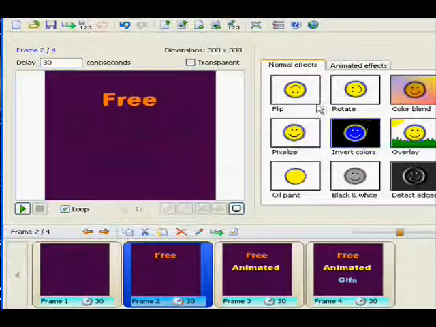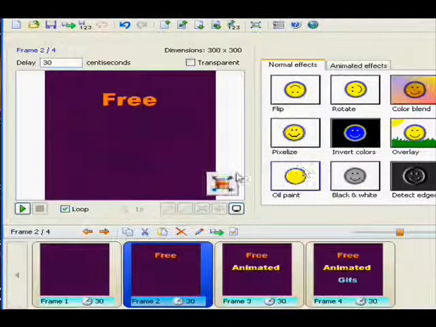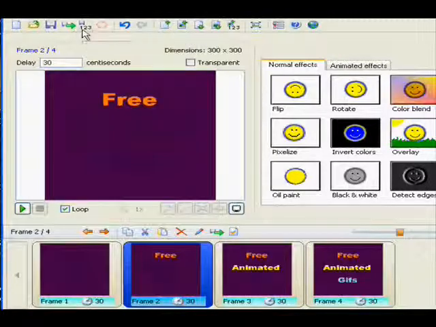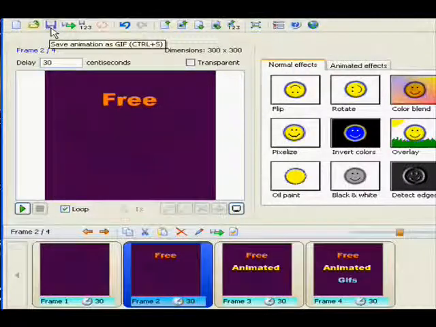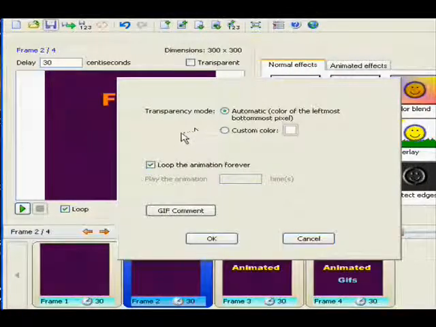Okay, so now we're going to save the file. You can do a bunch of other stuff. You can add different effects. You can add other pictures, other frames. You can save it as other images, but we want to save it as a GIF file. So we come up here and save it as GIF. Okay, so this Beneton Movie GIF